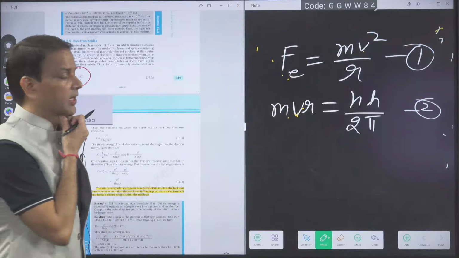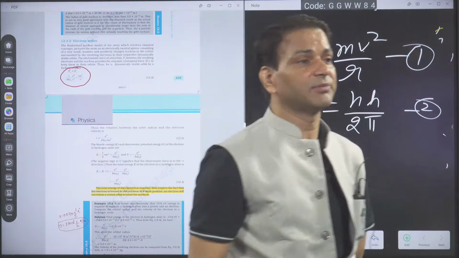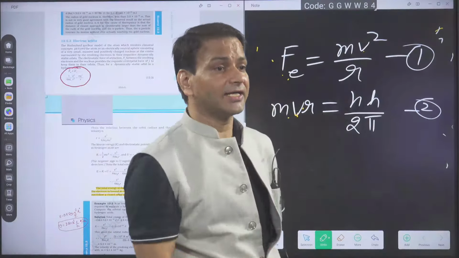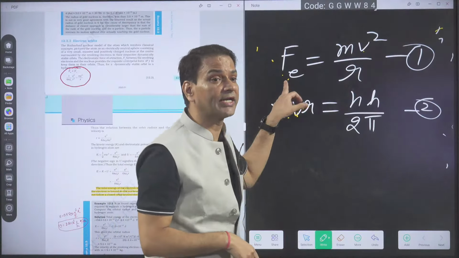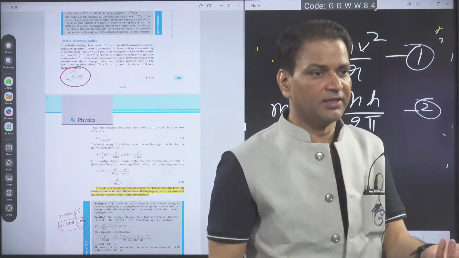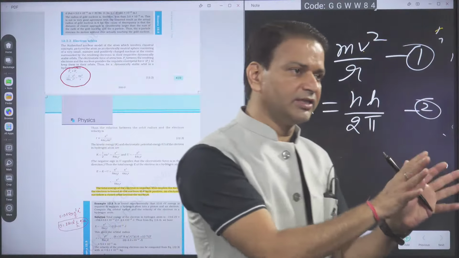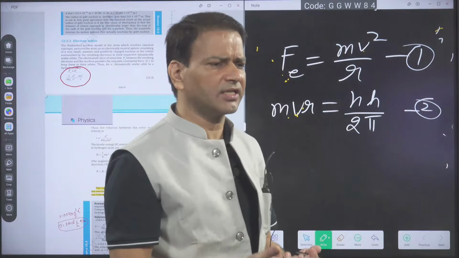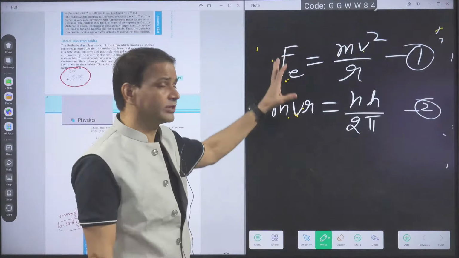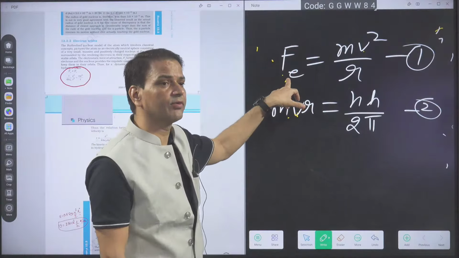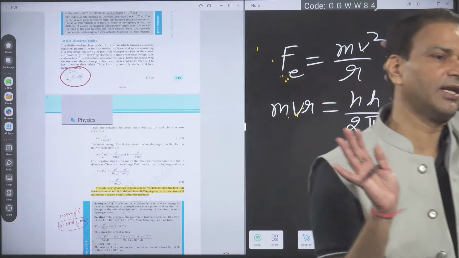Last year also, one question was given in moving charges and magnetism. They say the magnetic field in the atom is B, and the electron is moving due to the magnetic field. In that case, what will we write for the force? qvB, meaning evB, which will be equal to mv square by R. Ultimately in the atom we use these two. If they say Bohr quantization is applicable, then we take mvr equal to nh upon 2 pi. But if they only give the force equation, we equate force to the centripetal. Everybody got it? Using these two we can derive any relation, any dependence.